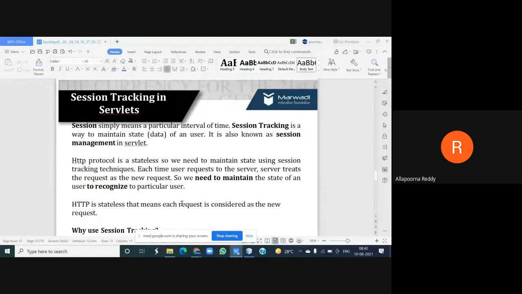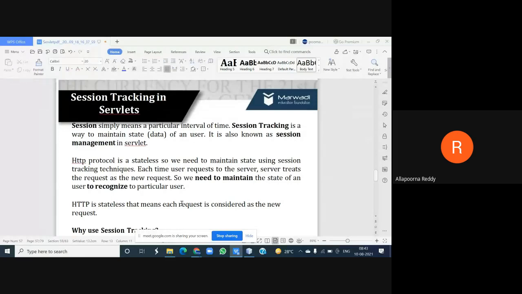So the main purpose of session tracking is to maintain information about whether the user is an old user or a new user. I want to know. If it is an old user, then there is no problem, I can just grant the request. If it is a new user, then I need to create a session for him. Next time I can consider him an old user, so that he can easily access it. That is the main purpose of session tracking. That is the introduction to session tracking.